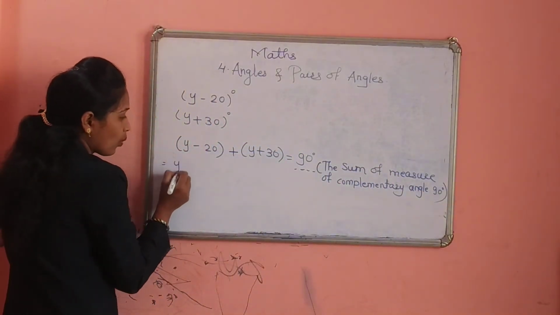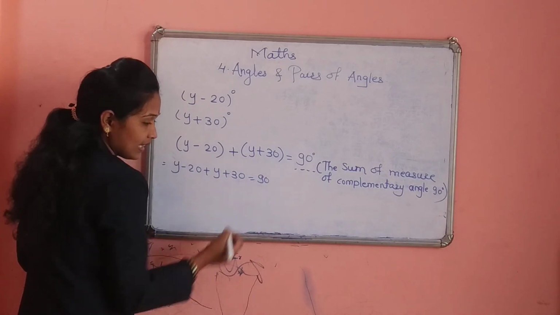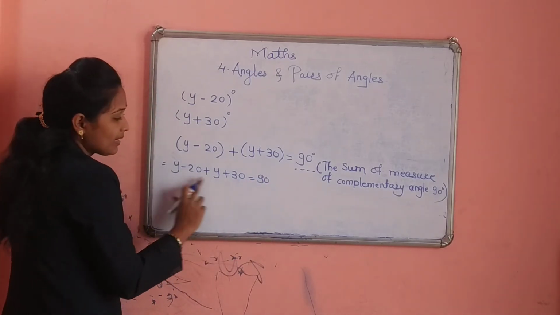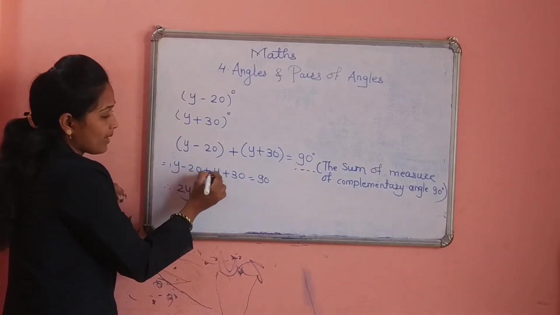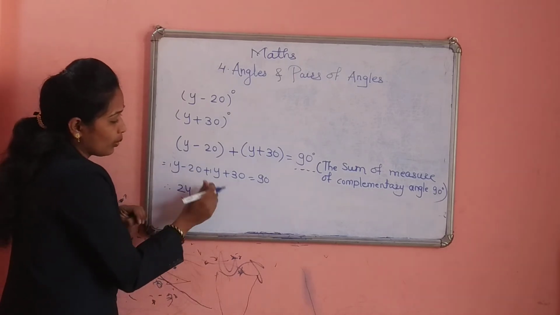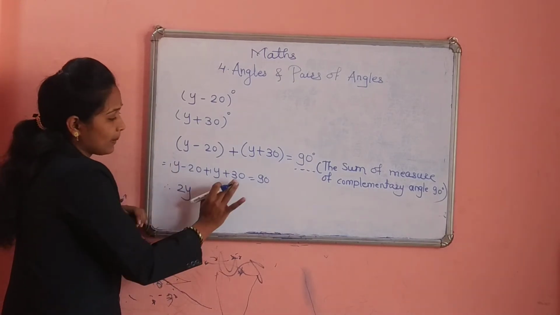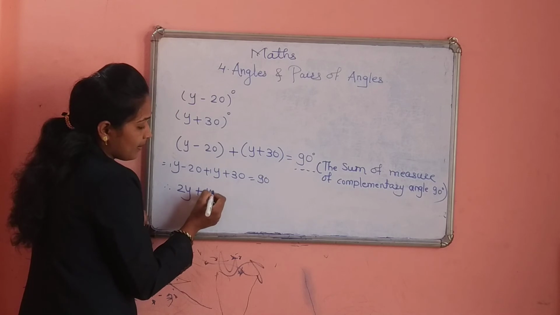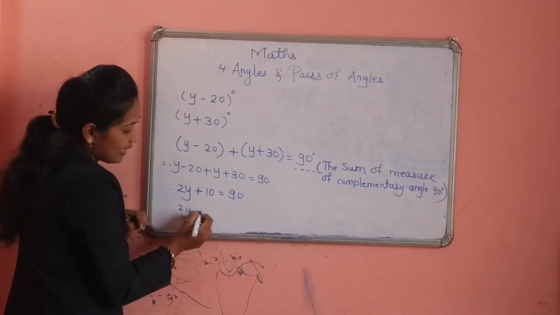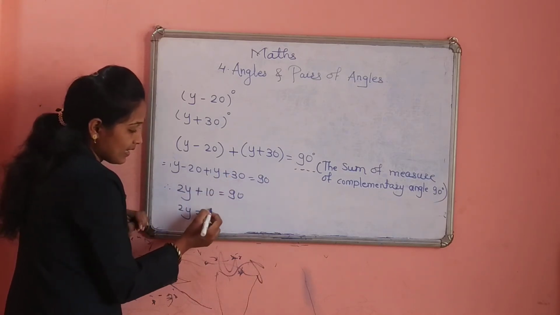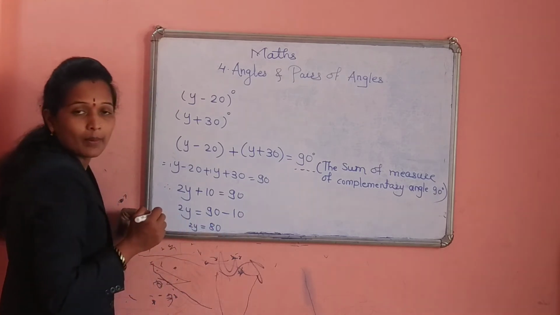So solve the bracket. Y minus 20 plus y plus 30 is equal to 90 degree. So we have to remove the bracket. Variables are same, y and y. So we have to write down 2y. In front of y no numbers are there. So number is 1 and 1. 1 plus 1 is 2, and minus 20 and plus 30. One number negative, another number positive. We have to do the subtraction. 30 minus 20 answer comes 10, and bigger number plus 10 is there, equal to 90. So 2y is equal to, this 10 is positive, that side it is negative, 90 minus 10. So 2y is equal to 90 minus 10, answer comes 80.